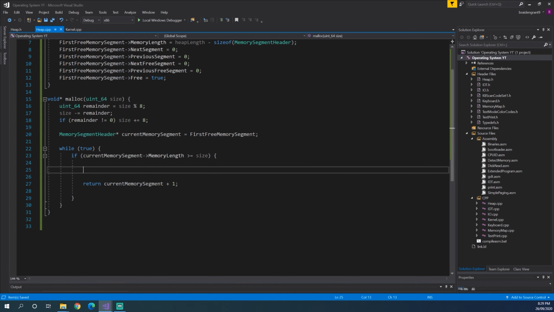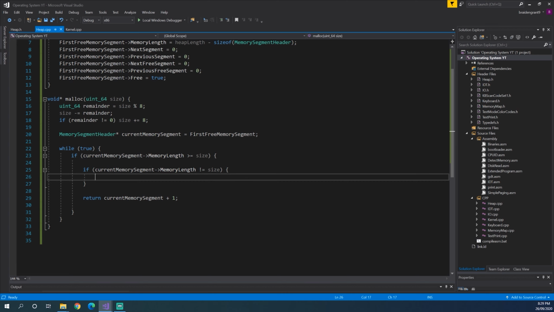Right, so now we need to check if the current memory segment's memory length was equal to size or not. So if current memory segment memory length does not equal size, then we need to create a new free memory segment after this one for the memory allocator to use. But if it does equal size, then we can't make another memory segment after it because it's taken up all the space. Right, so now we need memory segment header, new segment